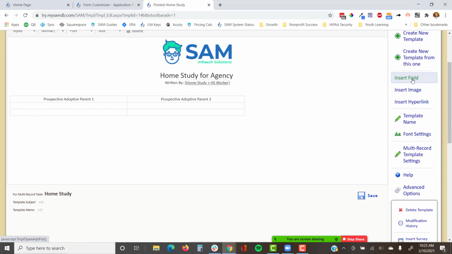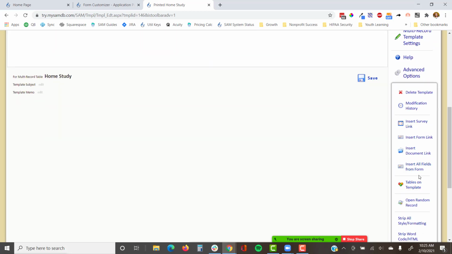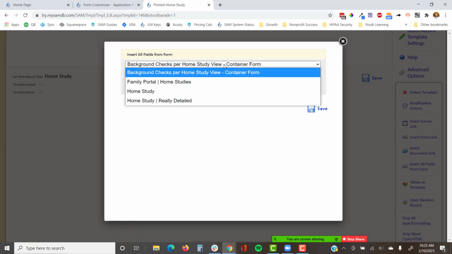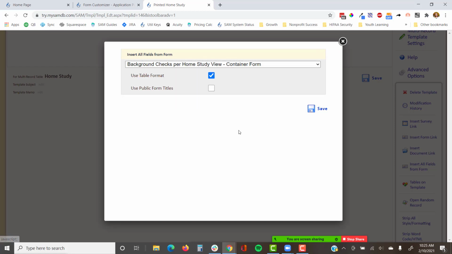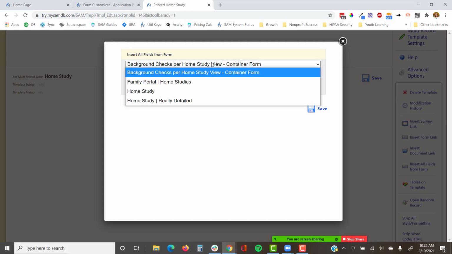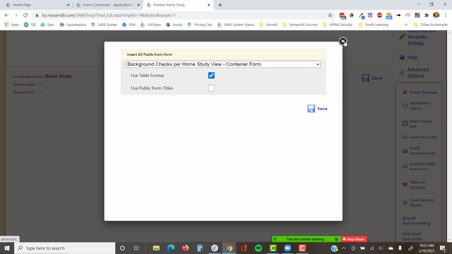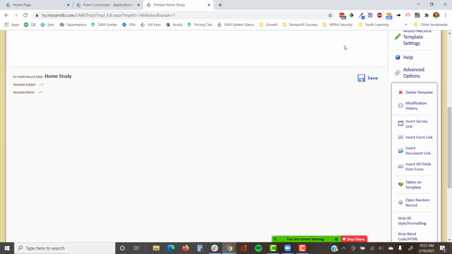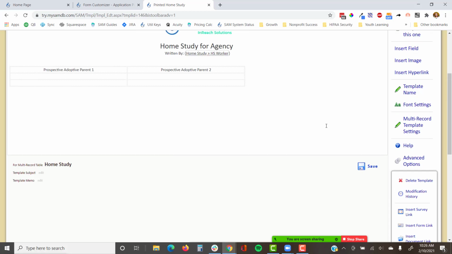So this option here allows me to choose one field at a time. So I could put in, like I showed you here, the home study worker. But what I might want to pull is all of the fields from maybe the cover page, or I think they're... it only lets us pull specifically from the home study. So it actually isn't going to be real useful for us in this situation, because we're on the home study table. If I had built this off the